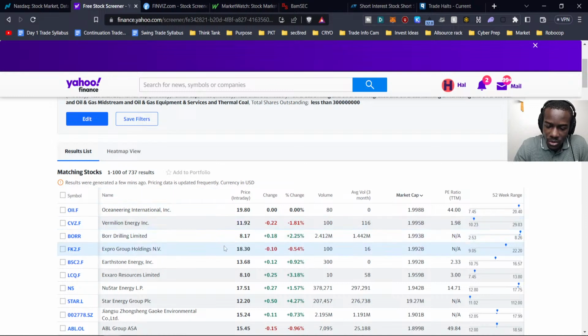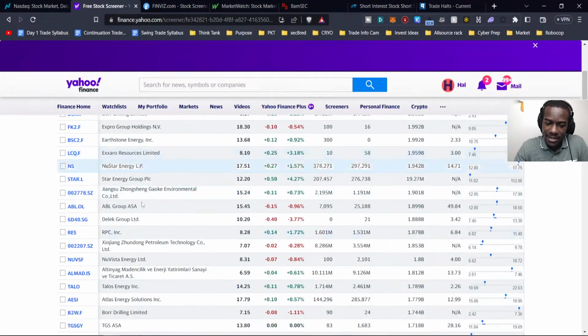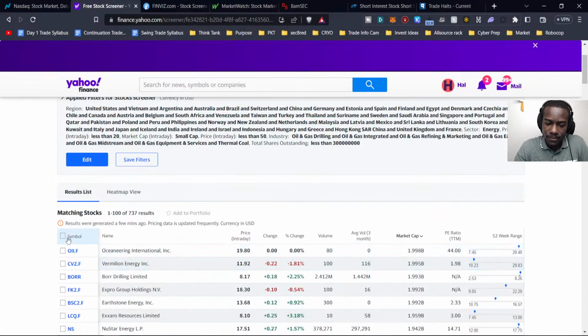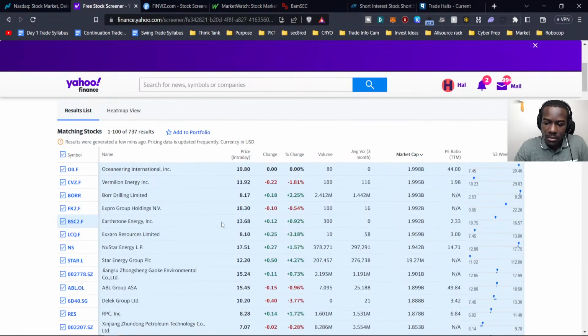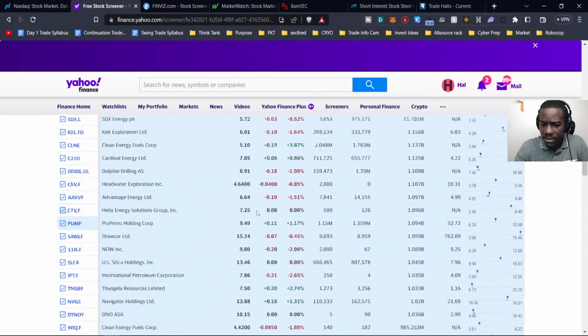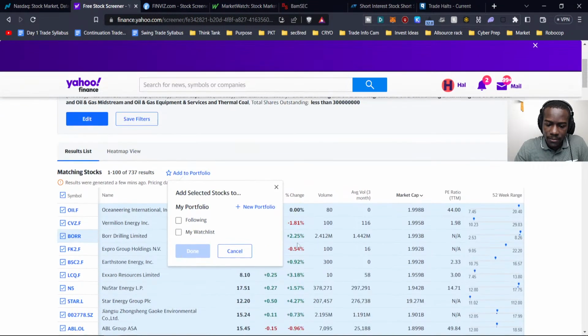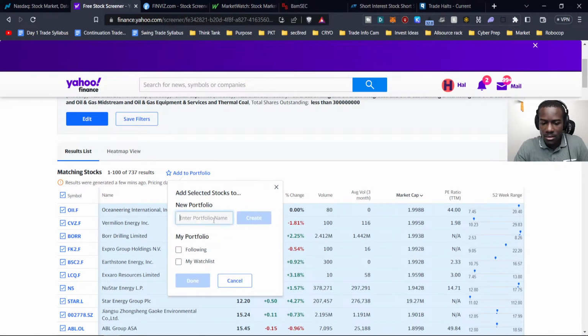And what I do is I throw this into a watch list on TOS and then I build a scanner to scan within that watch list. So I don't have to look through all of these or whatnot. I just get a list and then, you know, scan them all. But the only thing I'm looking for is, can you export this? I believe you can't. Let me add it as a portfolio. Add to portfolio, and I'll add it to low float oil.